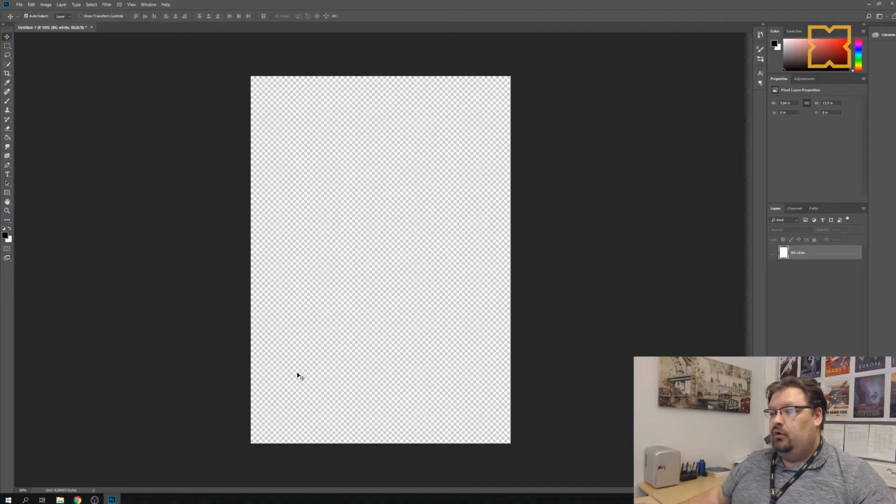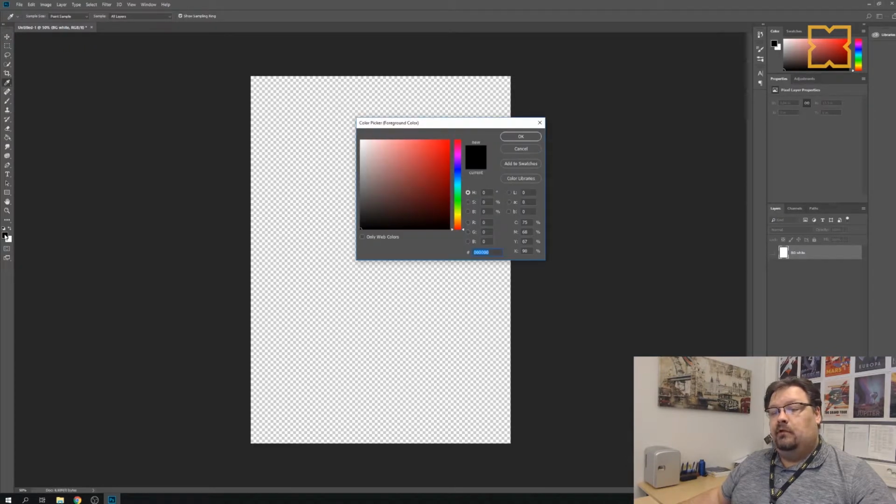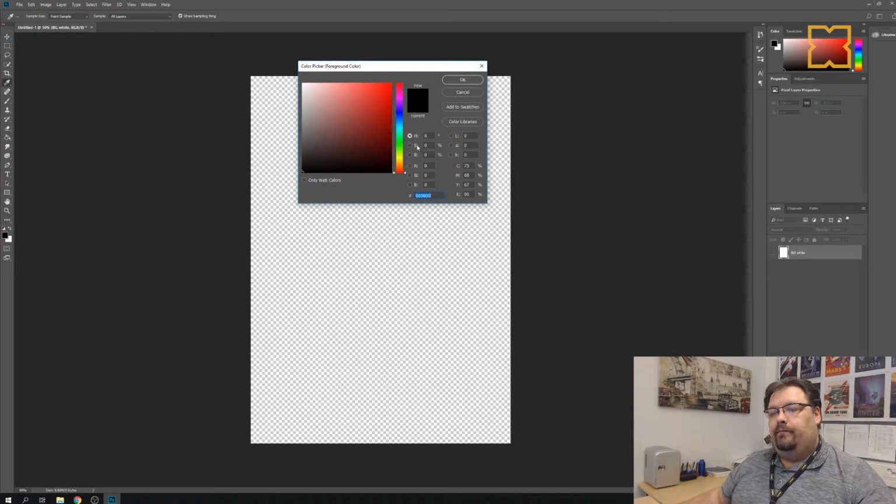Let's start creating the ground and the brick wall. So on the left side, there's a foreground and background color. By default, they are black and white. So I'm just clicking the foreground color, and I want to use a dark gray. So you can see all the color settings here, and I'll just drag this circle up a little bit. You can see the